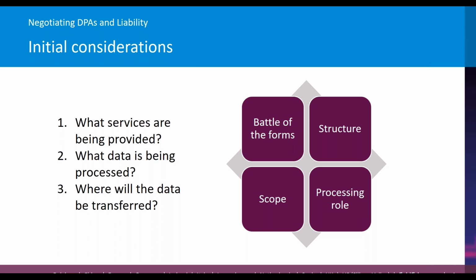Then apart from that, we also have some more kind of legal contractual things to think about as well, and that's on the right-hand side of the deck. So first of all, battle of the forms. Whose terms are you going to be using? Are you going to be contracting based off of the vendor's own DPA, or are you seeking to impose your own set of terms on the vendor? Now, clearly, this one comes down to your negotiating position and what leverage you might have. If it's a small vendor, maybe a startup, then they might not even have their own DPA, but they might also be more likely to acquiesce to using your terms because they're keen on getting that revenue through the door and getting the deal signed.